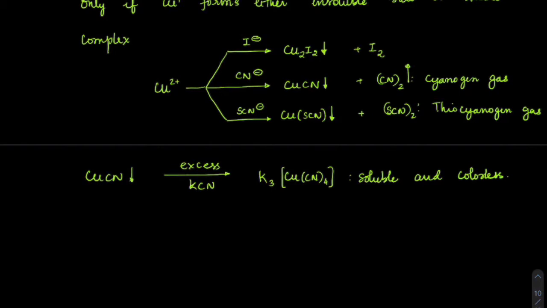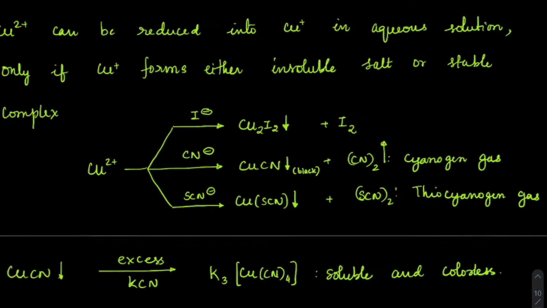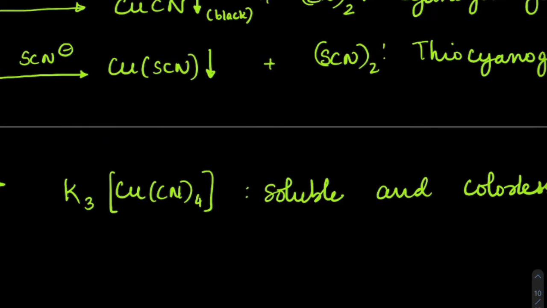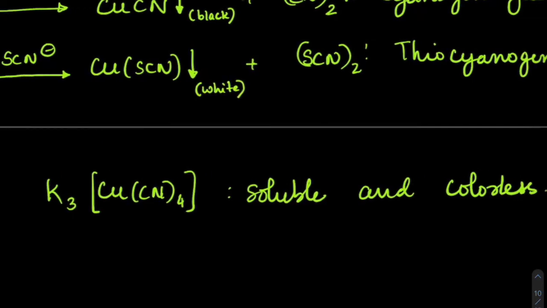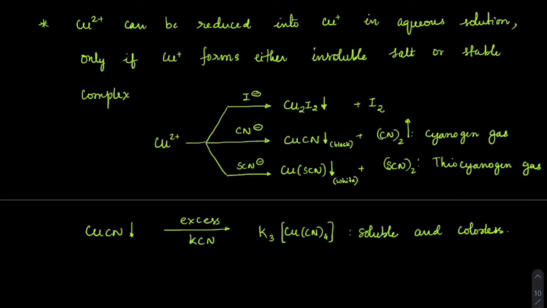ये JEE में 3-4 बार आ चुका है, ये पूरा सेक्शन ऑफ रिएक्शन फ्रॉम हियर. Cu+2 फर्स्ट CN⁻ के साथ क्या बनता है, फिर वो Cu एक्सेस के साथ क्या बनता है. देखो, CuCN is actually a black precipitate, got it, which makes a colorless solution, while here this is a white precipitate. So ये difference समझ लो दोनों में, समझे ना. Whether it is thiocyanogen or cyanogen, ये भी समझना easy है, correct, understanding the precipitate.